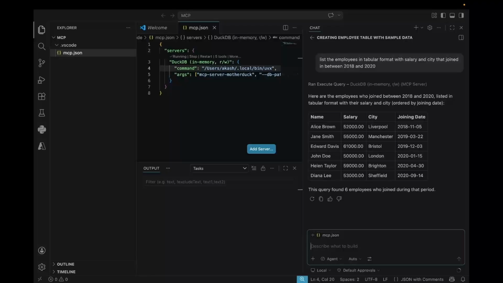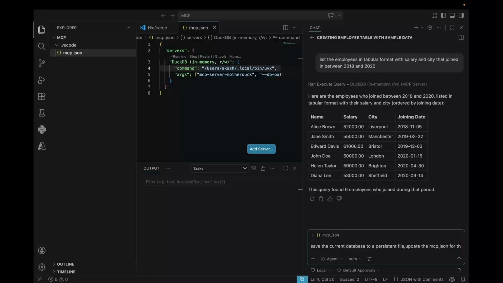So we can say, save the current database to a persistent file and close the connection. Otherwise, it might put some lock. Okay, let's say save the current database to a persistent file, update the